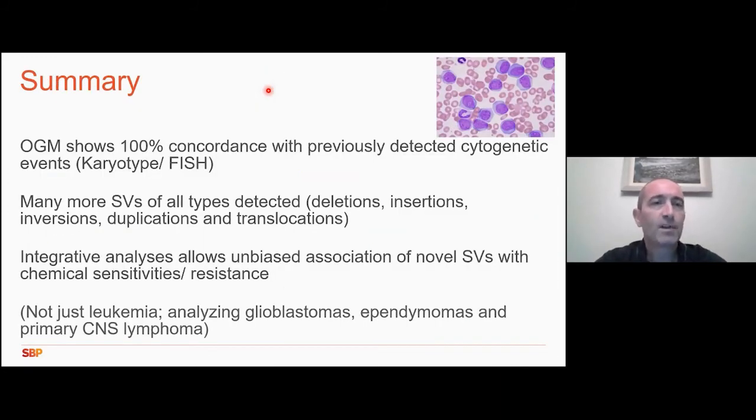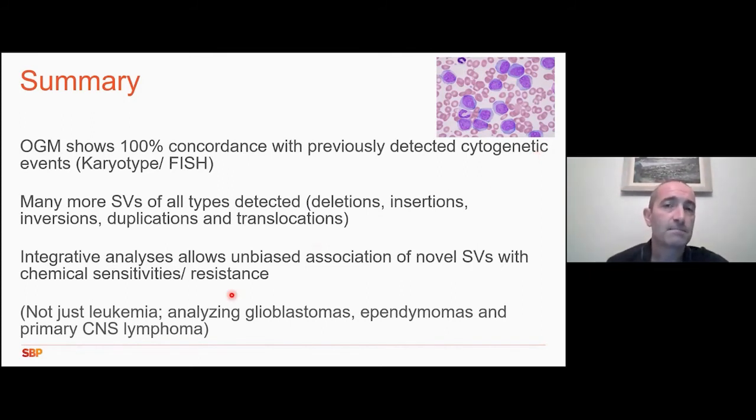So in summary, optical genome mapping shows 100% concordance with traditional cytogenetic analyses. But as I hope I've shown, we don't just find those 6 major translocations and deletions that we knew were there, we also find many, many more. And that using these integrative analyses, we can associate these novel structural variants with chemical sensitivities and drug resistance to